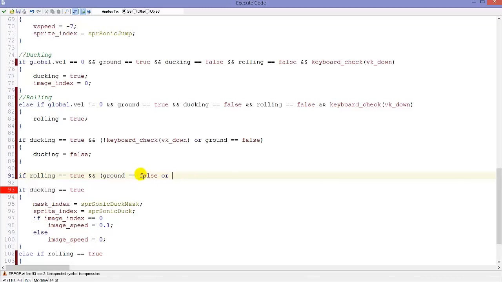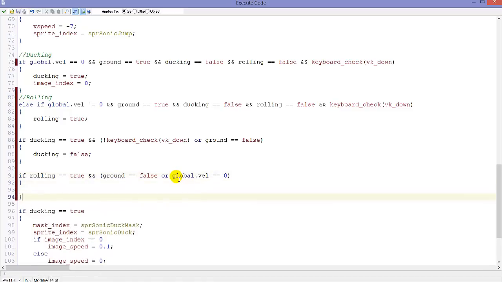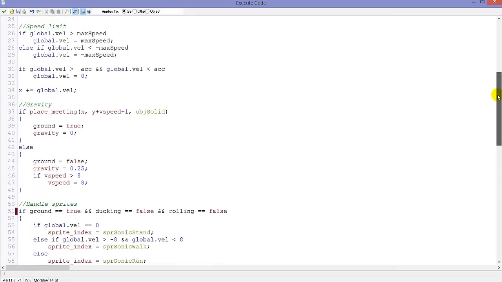And ground equals false, and let's say global.val equals 0, because if we are standing still while rolling, we don't want to be rolling anymore. Instead we should be ducking. So here rolling equals false. Now as for the deceleration,